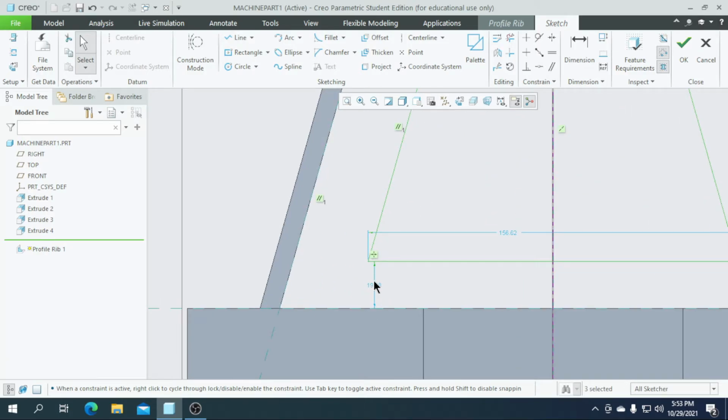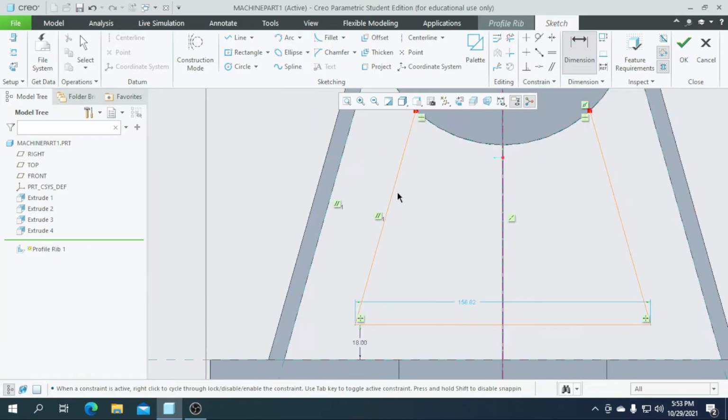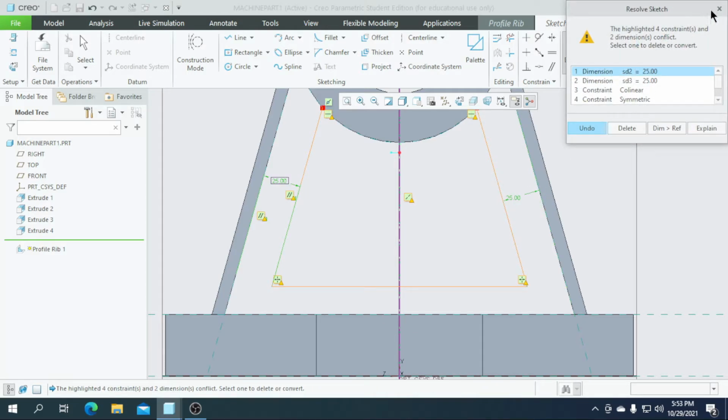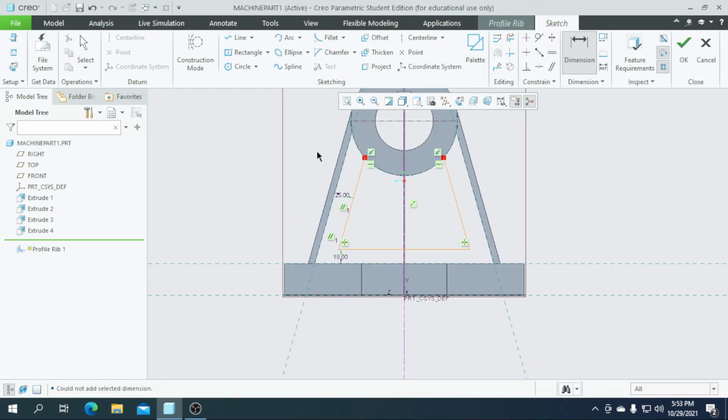So now this height is 18 and go for the dimensions. So I need this line and this line to be a value of 25. So you can see here both the sides are adjusted. You can see they are collinear and symmetric, so no problem for that. So then I am going to click on OK.